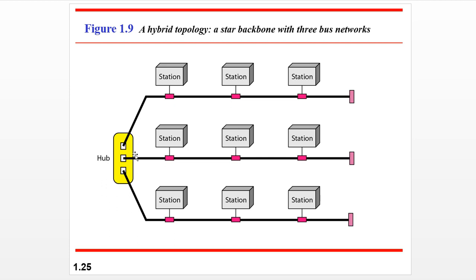If you see that a hub is there and other devices are connected to the hub, obviously it is a star topology. And if you observe the first line, there is a backbone and stations are connected to it. So this is a bus topology, and it is a mixture of bus topology and star topology. This kind of topology we call a hybrid topology. Some disadvantages will also be there, because we are using both star and bus topology. Bus topology has the disadvantage that if the backbone fails, the entire system goes down. So if the middle line goes down, these three systems in the middle will not receive any data. This is all about topology.